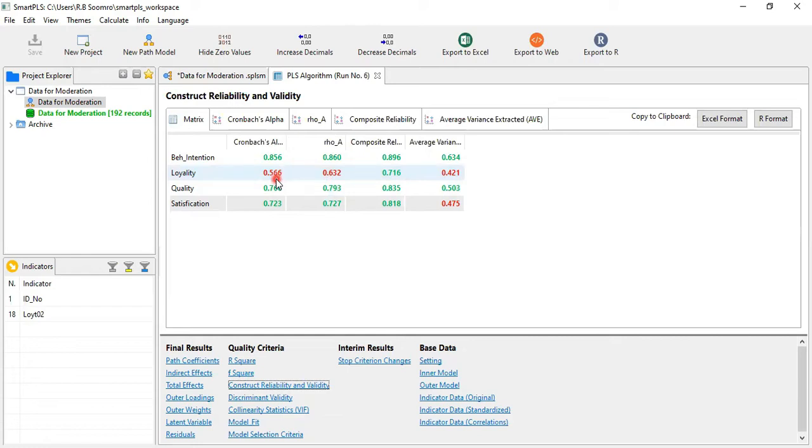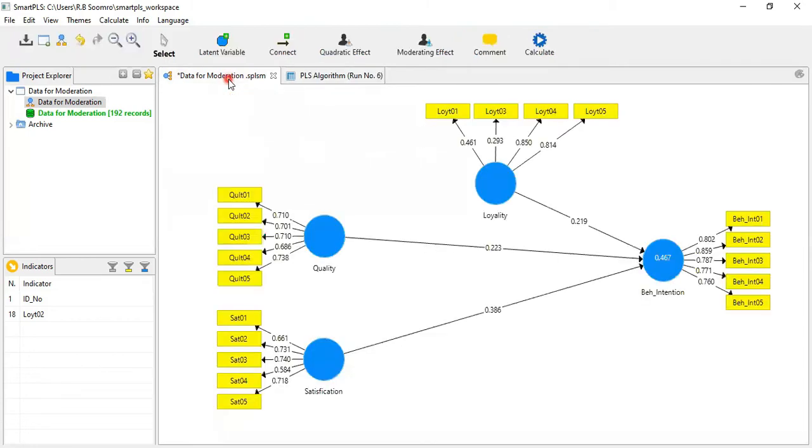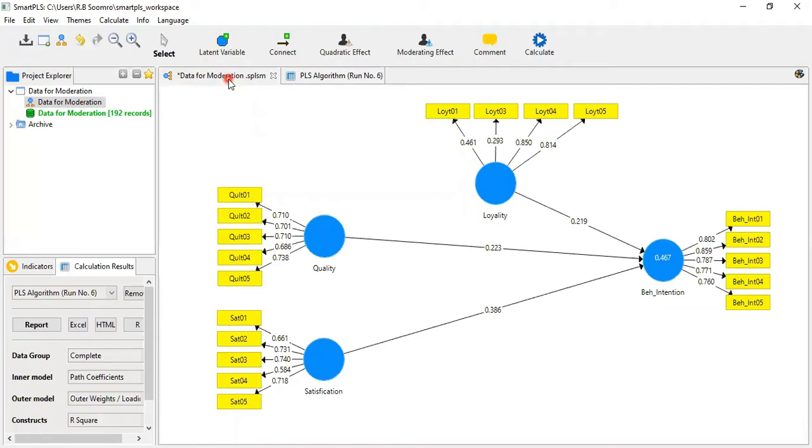If you are unable to understand what we mean by the figures in green and what we mean by the figures in red, then please watch my earlier videos on my YouTube channel on SmartPLS. Then I think you will be sufficiently able to understand all these ones. But at least it is in your own interest to convert all the red figures into green figures in order to solve all the issues. Okay. So now please note down the R squared. It is 0.446. Now we are including a moderator in it.